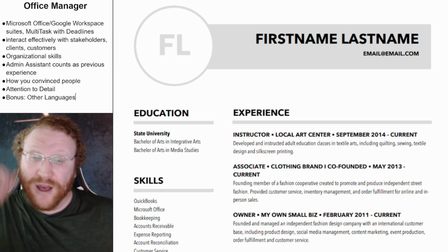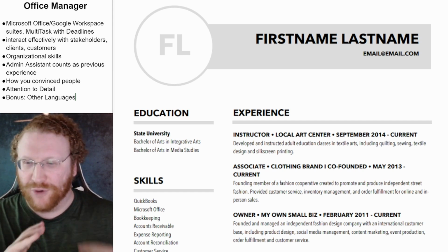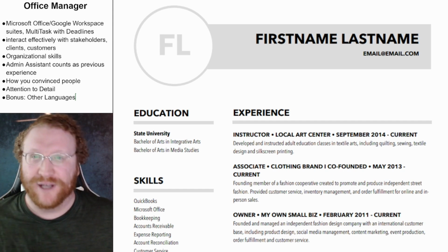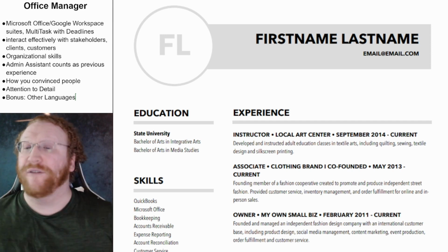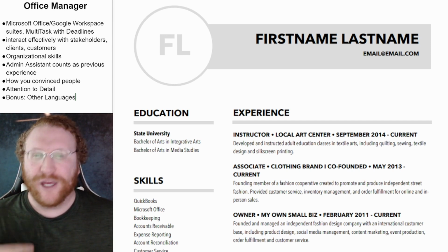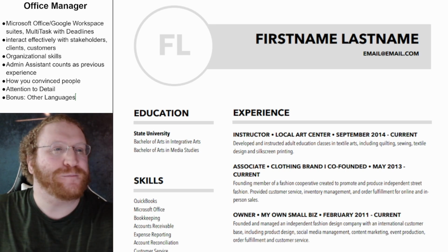I understand your portfolio is where you show how pretty your stuff is, how pretty your art is. You do not do that on the resume. The resume is forever going to be designed as a government form, and if you use it as anything other than a government form, you will fail. So what we're looking for as an office manager